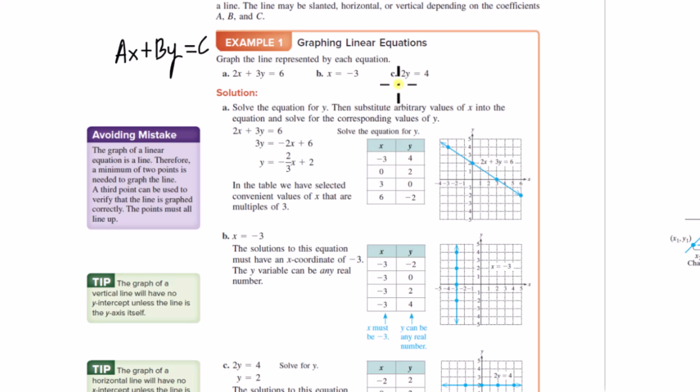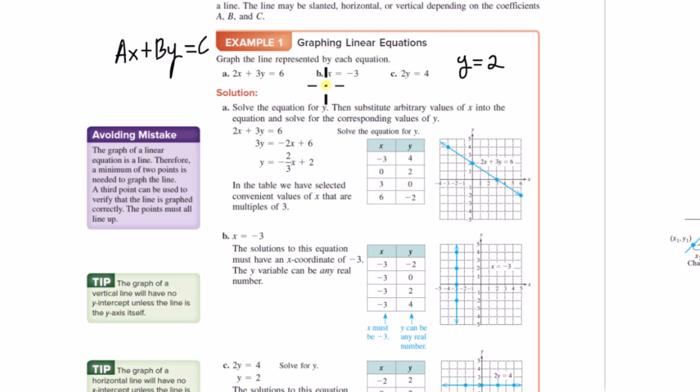Okay, now if we come to this last equation, 2y is equal to 4. In this case, we've got a being equal to 0, b is equal to 2, c is equal to 4. Okay, what we can do is we can divide both sides by 2 and get y is equal to 2. And now this will make it easier to graph. These two equations are going to have equivalent solution sets, right? So we can graph either one of these. And so y is equal to 2